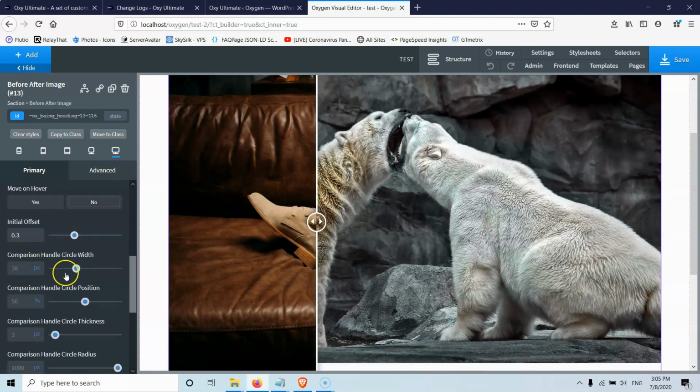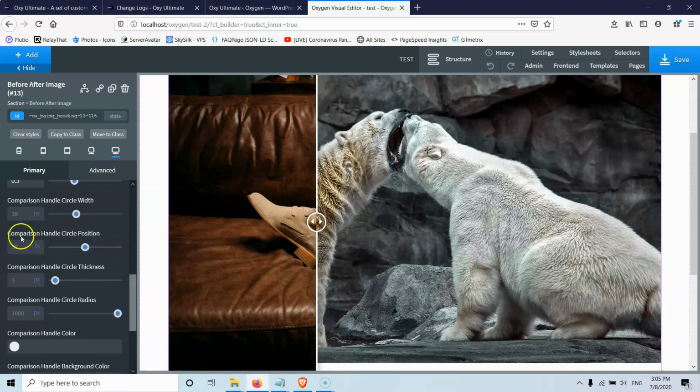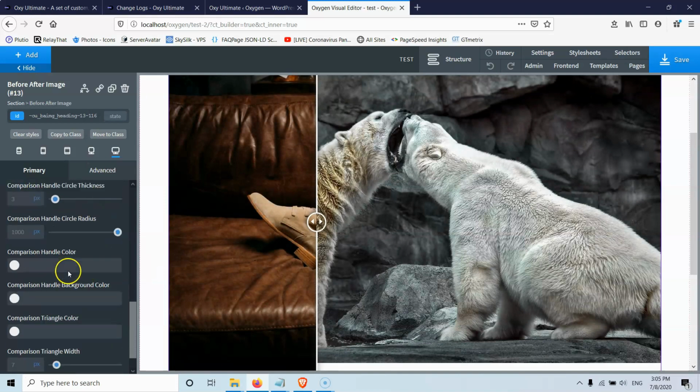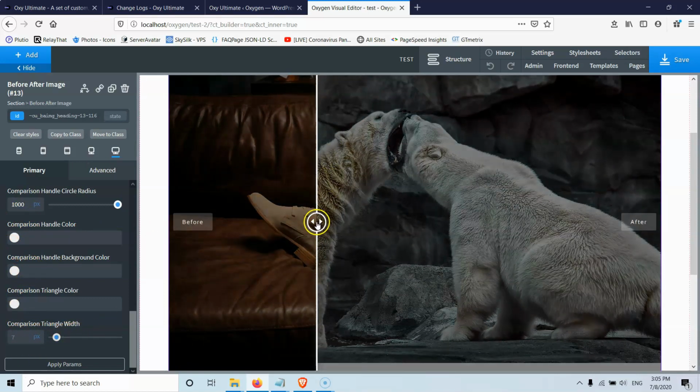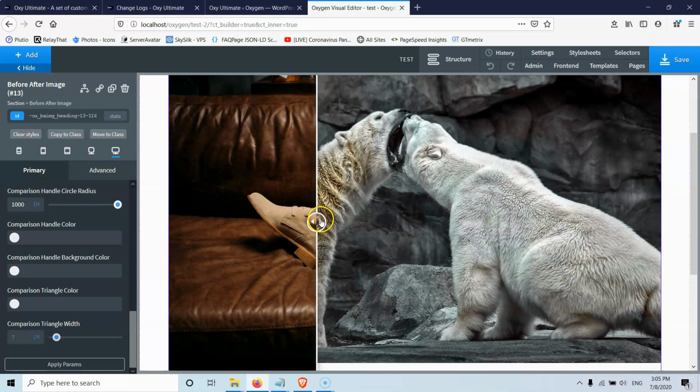And of course, we can change the width of the circle, the comparison handles, the handles thickness. We can change the radius of the circle, so we can go for a square or a circle if we want. We can change the color of everything here, and we can change the width of the triangles here.